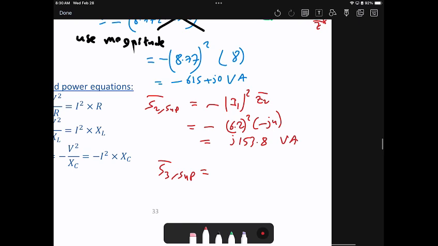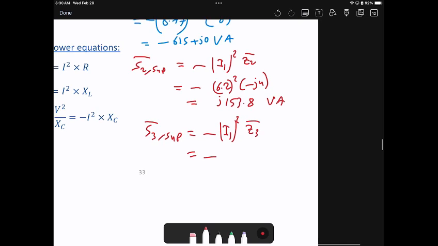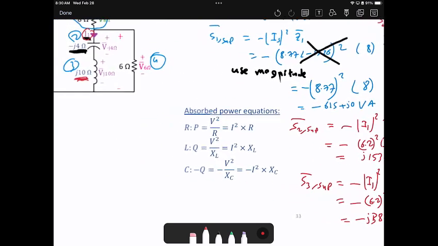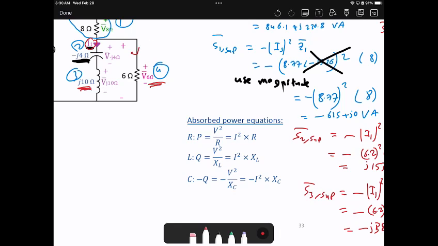So the power supplied will be negative I1 square times Z3 bar. I1 is given, we already know, as 6.2, squared, times Z3 bar, which is J10. So the answer will be, let's see, Z3 is J10, so it will be negative J 384.4 volt-amperes. Now then the last one, which is element number 4, the current flowing here is called I2